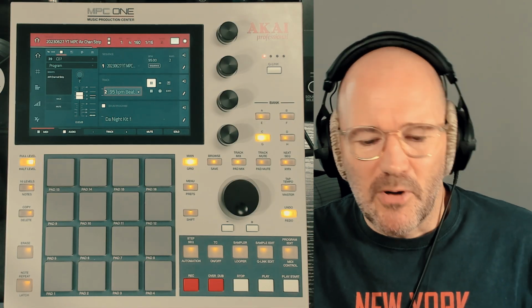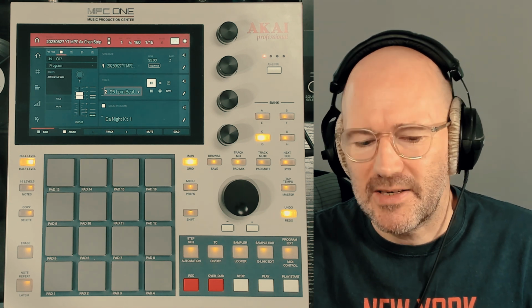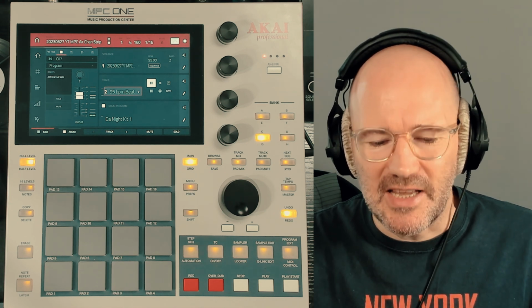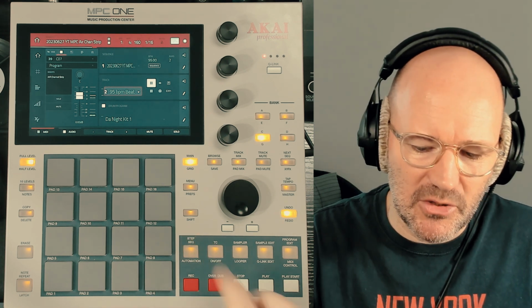So now moving on to a boom bap style beat. Now all of these samples are from vinyl, not sample packs, so they're a little bit puny, a bit weak, and I've done that on purpose. So I'm going to use the air channel strip on each individual sound